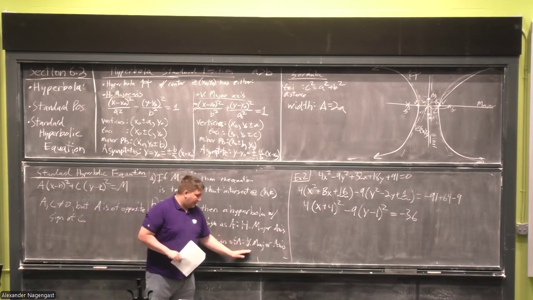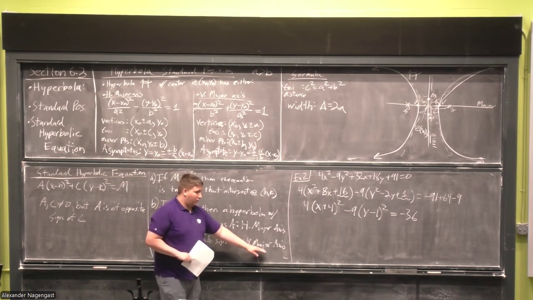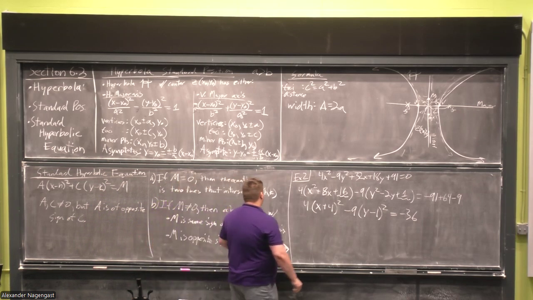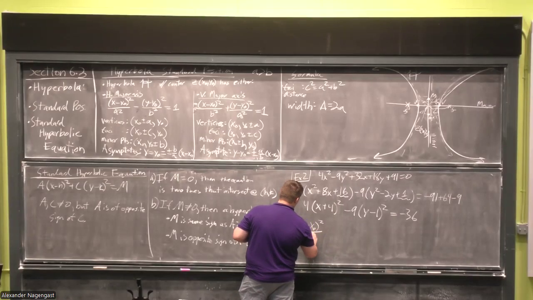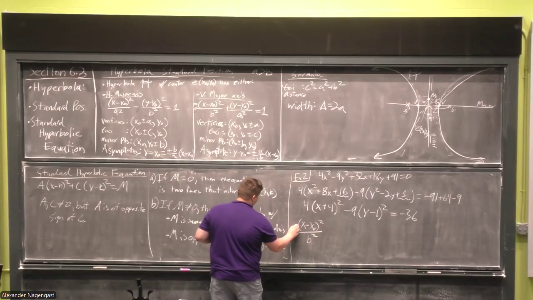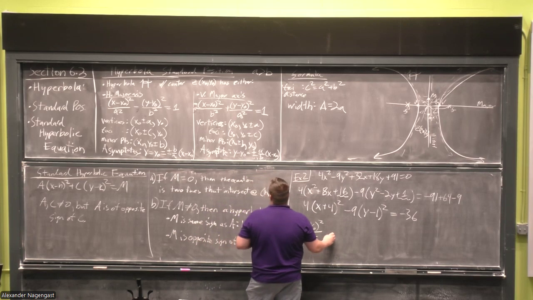So that means I must have a vertical major axis. So let me write down that equation. I'll have a vertical major axis, which is (x minus x naught) squared all over b squared, attach the negative out front, and then we'll have plus,